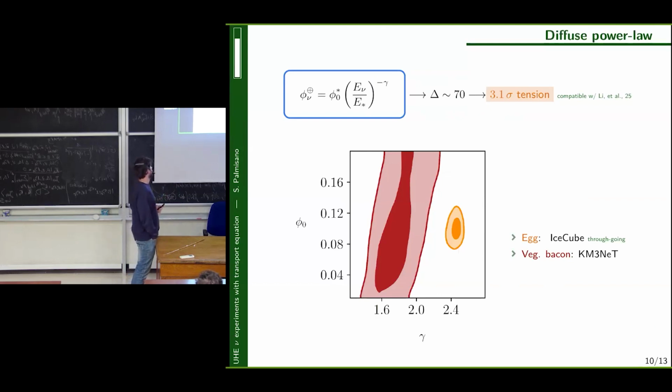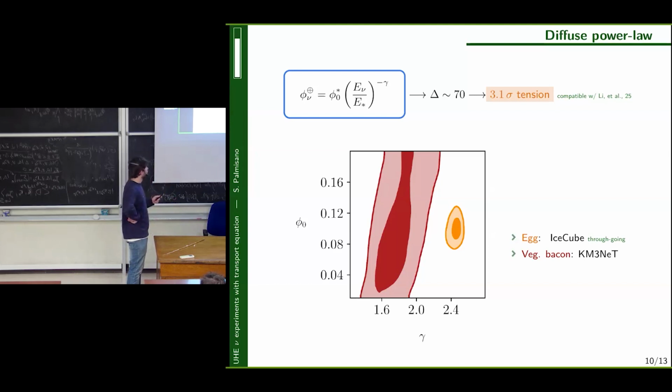And yes, thank you. So we're considering only track-like events at IceCube from the 12-year data release. Sorry, not through-going, track-like, there's a typo. Our formulas up to now only account for track-like events. So one tracks is the detector from 12 years. These span all the energy ranges from 2 TeV up to hundreds of PeV.